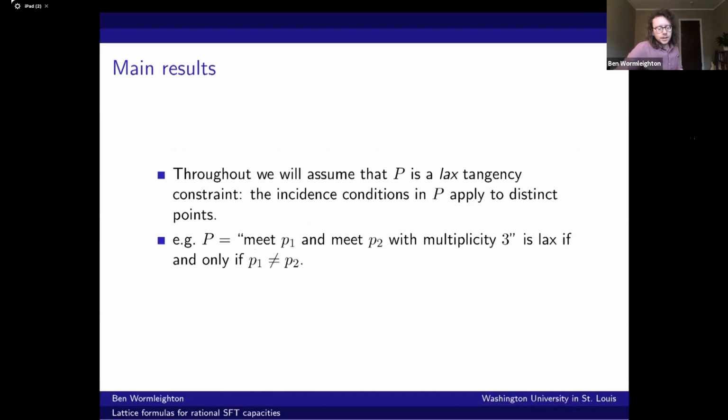So let me start telling you some of our main results. Throughout, we'll make this assumption that P is not just any old tangency constraint. We'll actually assume that it's a so-called lax tangency constraint. That just means that the incidence conditions, the tangency conditions in P, are applying to distinct points. So if we remember our friend from before, meet P1 and meet P2 with multiplicity 3 with respect to some local divisor, this is lax if and only if these two points are different. So maybe just to draw you a picture,